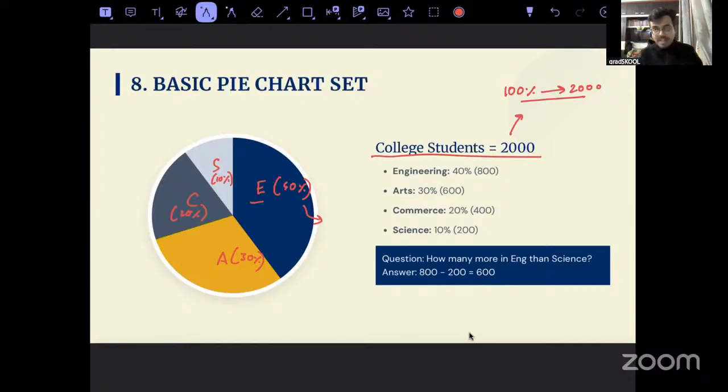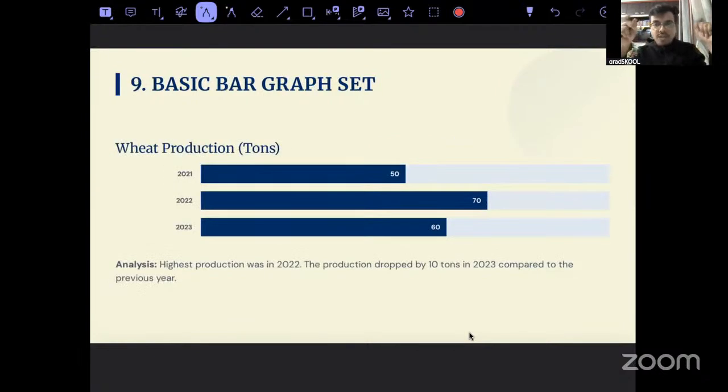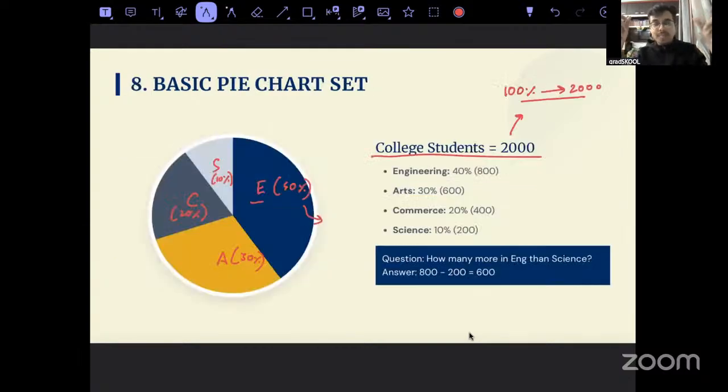So अब हमें क्या करना होगा? Values calculate करनी है for each one of them. So let me make one table. Whenever we interpret a pie chart, a bar chart or a line chart, we make it in form of table because solving questions via table is the easiest way. How to draw a table for pie chart, I'll let you know right now. We have one more question for bar graph. For bar graph also I'll let you know, and for line graphs, scatter plots, we'll have different questions going forward, so you'll understand how to make tables for them.